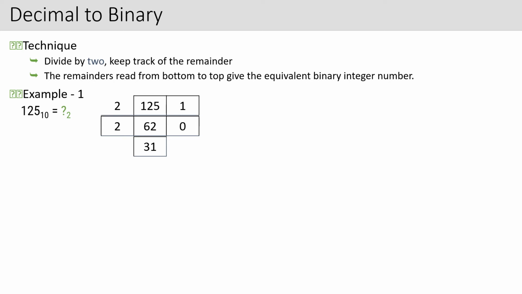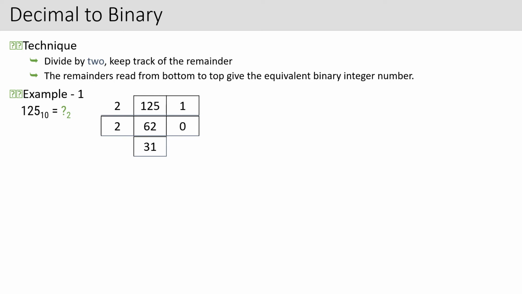See, what did I say? Divide the number by 2 and track the remainder. So I divided 125 by 2. 2 6s are 12, 2 2s are 4. So 2 into 62 gives you 124. If 2 into 62 gives you 124, then what is the remainder left? The remainder left is 1. So I am writing here 1. Clear to all of you?